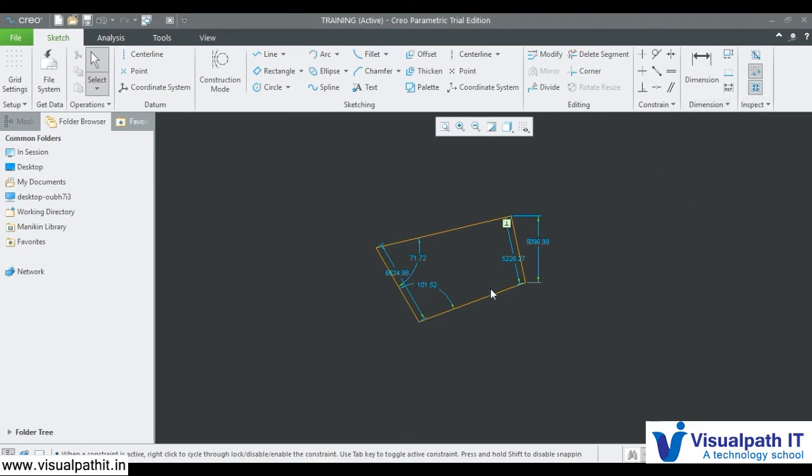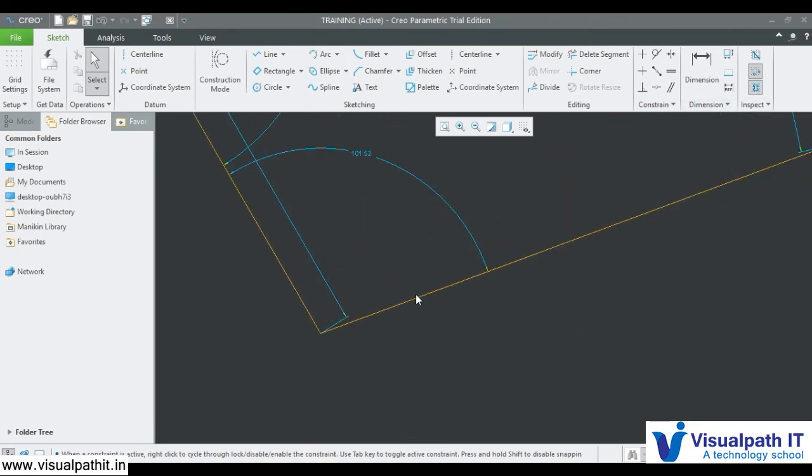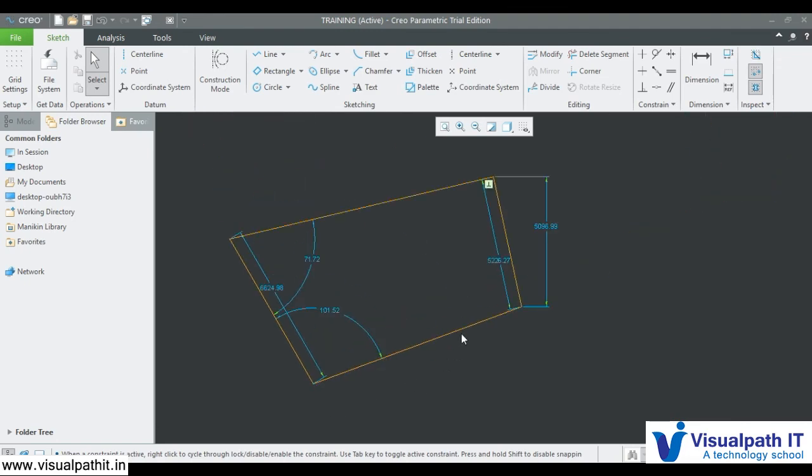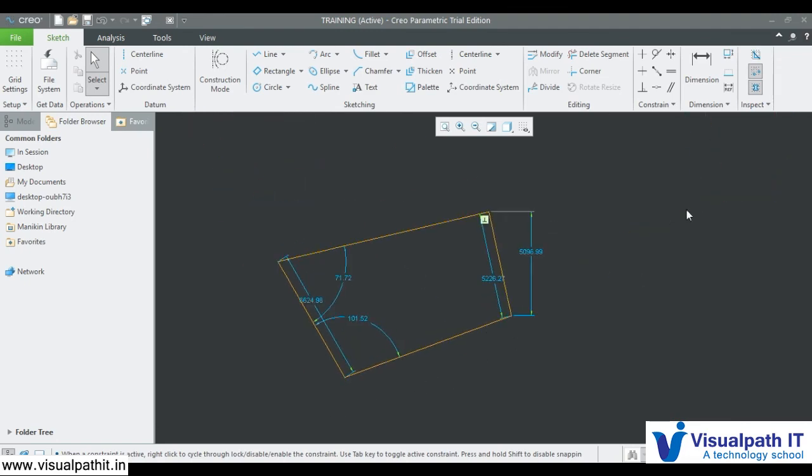See, now this is highlighted, but the loop is not showing because these are two lines at this point and it is actually not a closed loop. Now if I select this overlapping geometry, see, it is showing. Now I delete it. Now it becomes a closed loop because that line was open and it is now closed. So this is how it works.